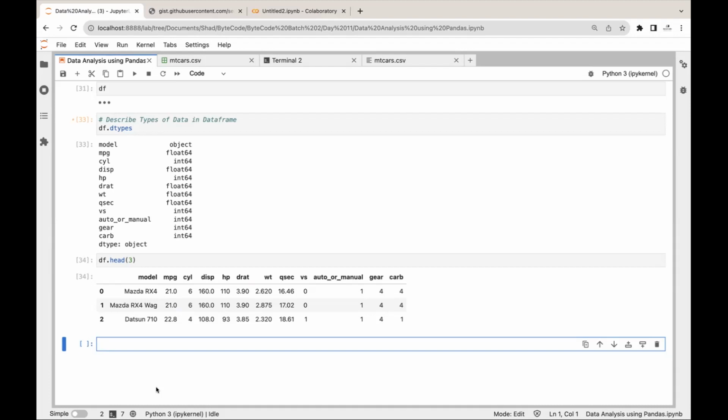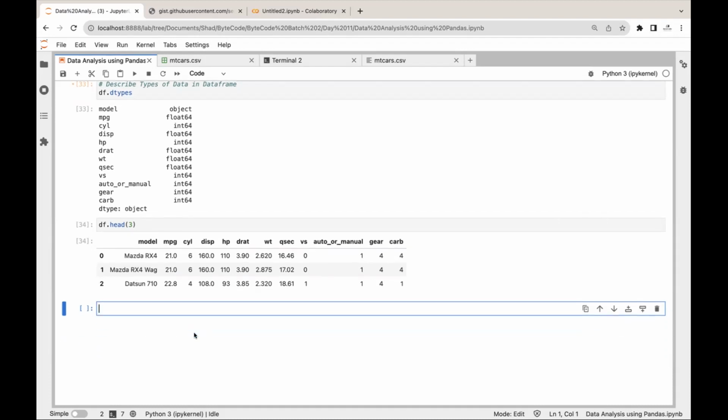To understand the distribution, what you can do is first